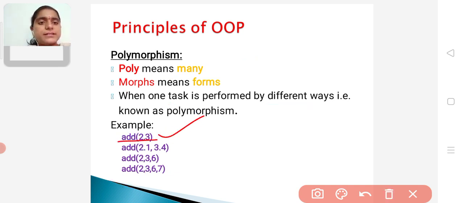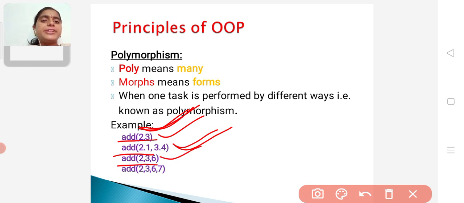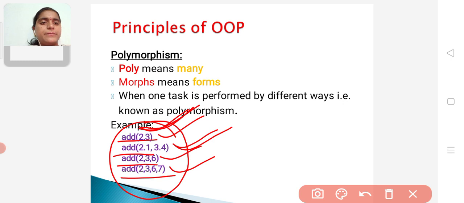Here in the first line, we are performing addition on two integer values, and in the next line we are performing addition on two float values, and in the third line we are performing addition on three integer values, and in the fourth line we are performing the addition operation on four integer values. So in all these examples we are performing the addition operation, but we are performing this addition operation in different ways.